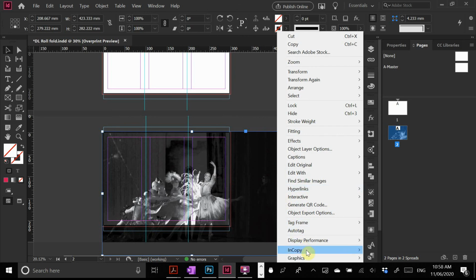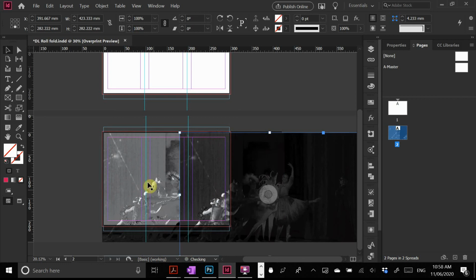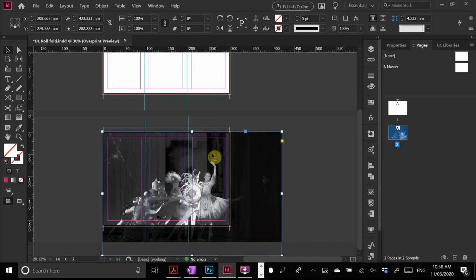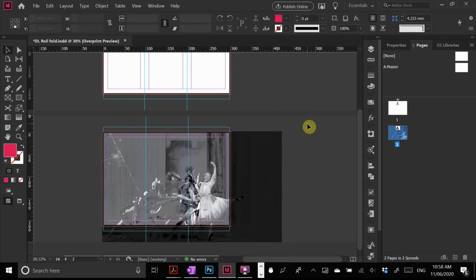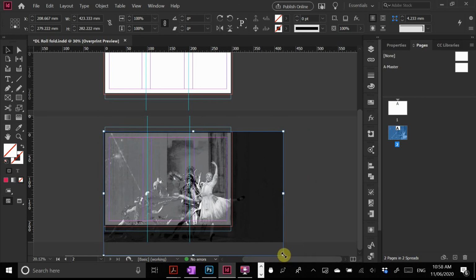So I'm going to send this one back. And I know this is the dark because it's the darker plate. You can see that that's lighter there. So that's the blue that I changed the contrast for. So I'm going to arrange, send to back. I usually use shortcuts, but just for your benefit, I'm not. Right, so I'm going to send it to the back,